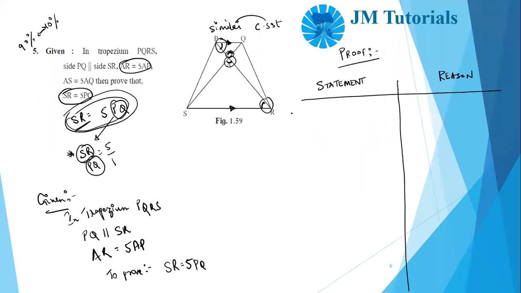First step. Can anyone tell me what is the first step? See, 90% of what we had to do, that is done in the diagram. Now we are doing that remaining 10%. Before writing given, we'll write in triangle. Which two triangles will you take? I told you na. SR is in which triangle? SR is in SAR. So in triangle SAR, we'll take triangle SAR.